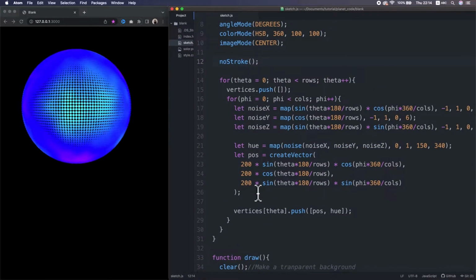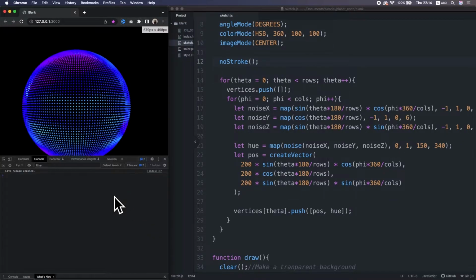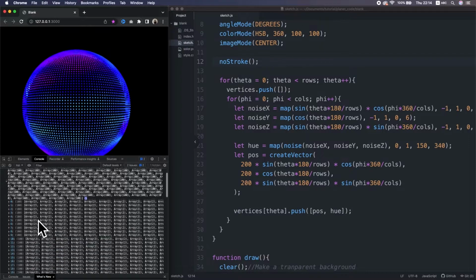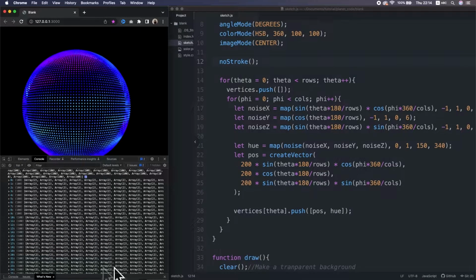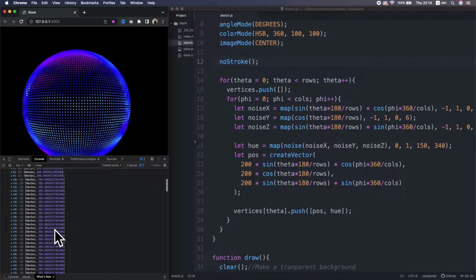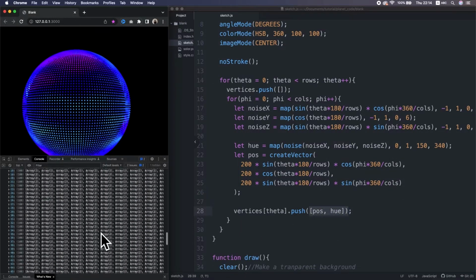Let's refresh the page once and open the console. If there is no problem so far, when you output the 2D array here, yeah, this array, you will see this two-dimensional structure here. And make sure all the position and the color values are here. Oh wait, actually that's a 3D array because we assigned the small arrays inside the 2D array. Okay, I think